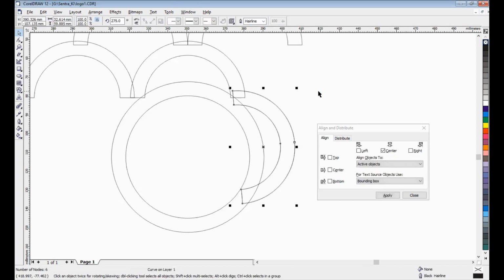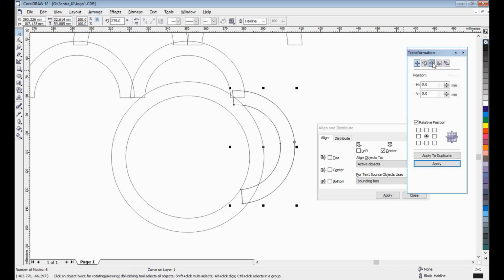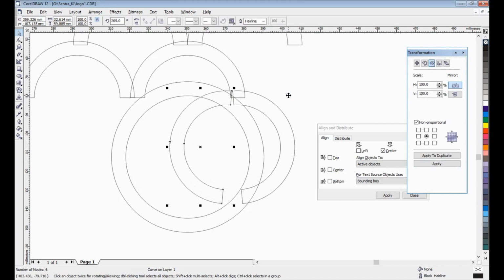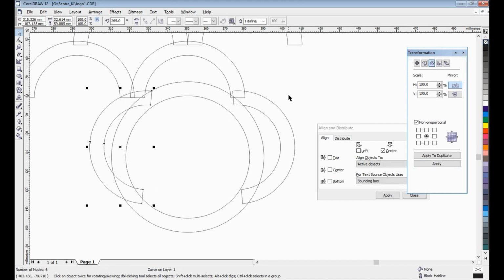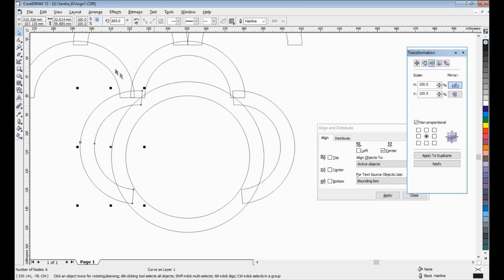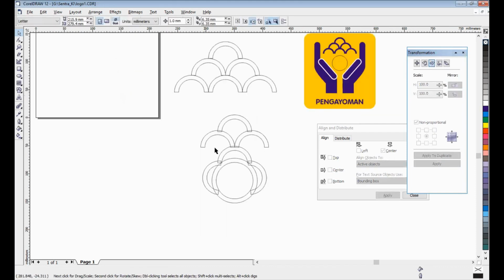Control C, Control V, and then position, scale and mirror, a bit. Okay, wait a minute. Okay, that's it. One delete here. 3, 2.